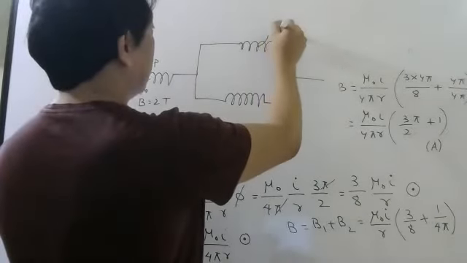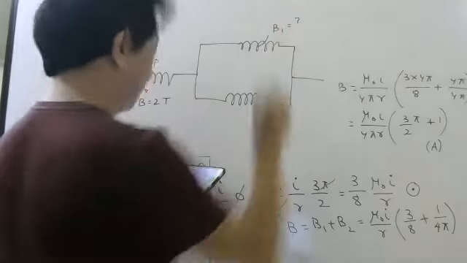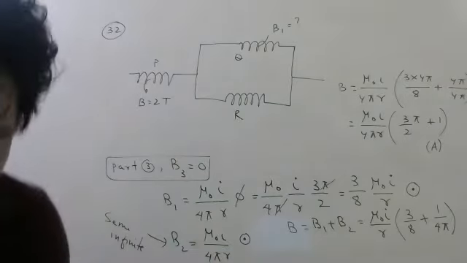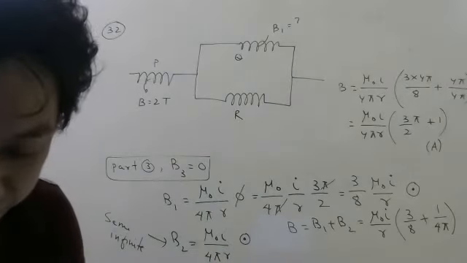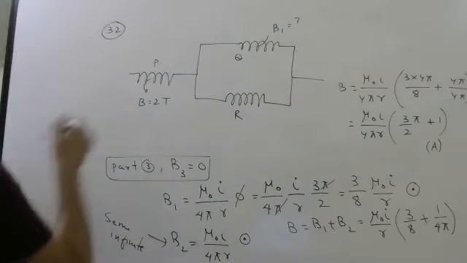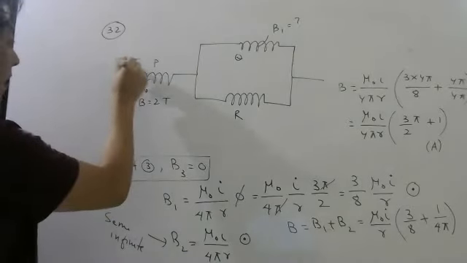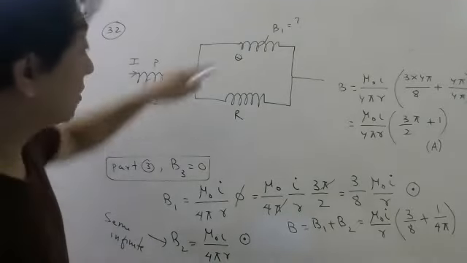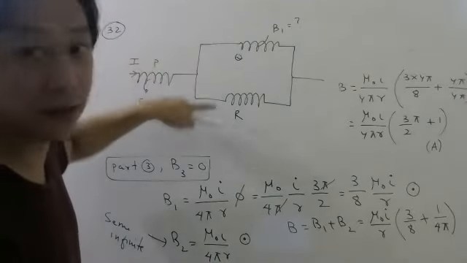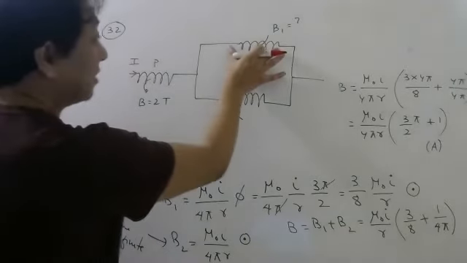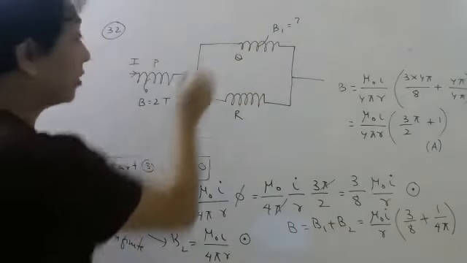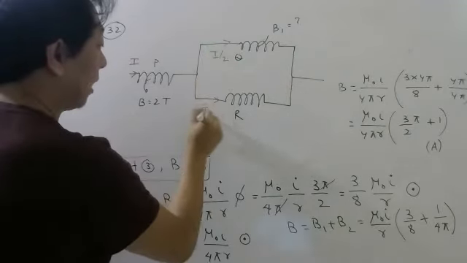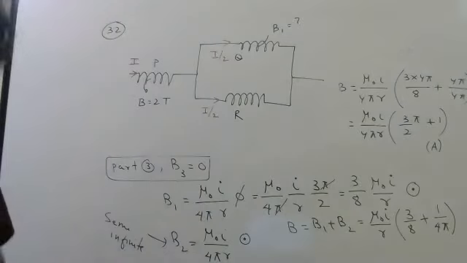Here they want the magnetic field. Let me write it as B1. This is your Q, this is your R. Okay, simple question this one, students, no need to worry. Look here. Current coming is like this, I. Imagine, they have not given, so imagine current I is coming. Since they told these two are identical, that means whatever resistance this will have, same this will also have. So current will divide equally, I by 2, I by 2. Okay. So therefore,